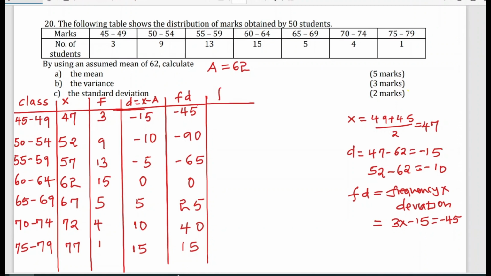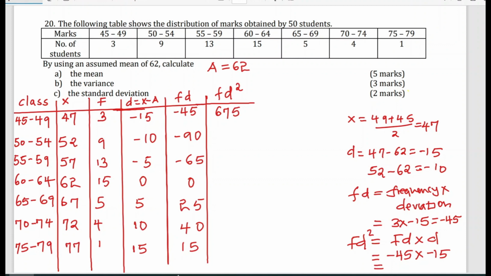So we call it the FD square. And then what is FD square? How can we get the FD square? FD square is the FD values in the table multiplied by D. So in the first case, it will be FD, which is negative 45, times FD, which is negative 45, times D, which is negative 15, times D, which is negative 15. And if you multiply that one, you are going to get positive